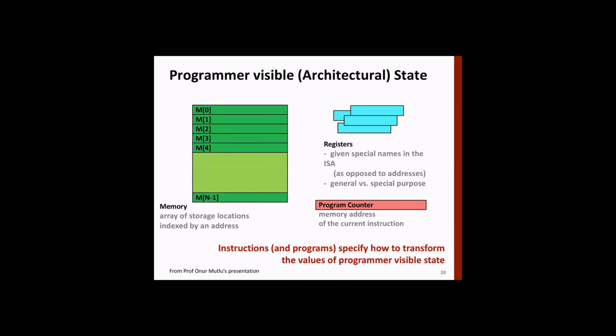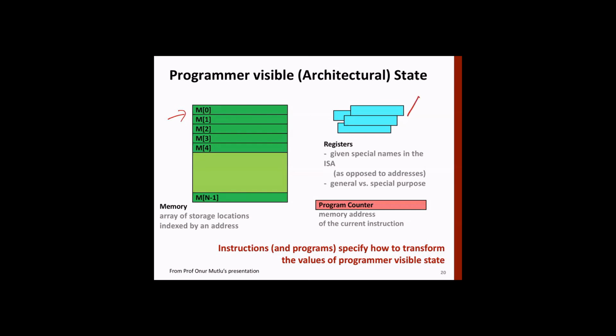Now a lot of things are happening in the machine or hardware inside. Something should be visible to the programmer outside. What should be visible to the programmer? Now this depends on the design. So normally something that is visible to the programmer is memory. And with memory, we cannot say the complete memory of the system, but memory corresponding to the program, or part of the address space, we can say.